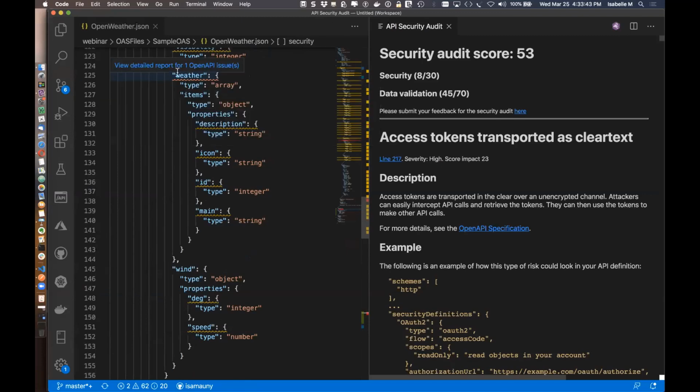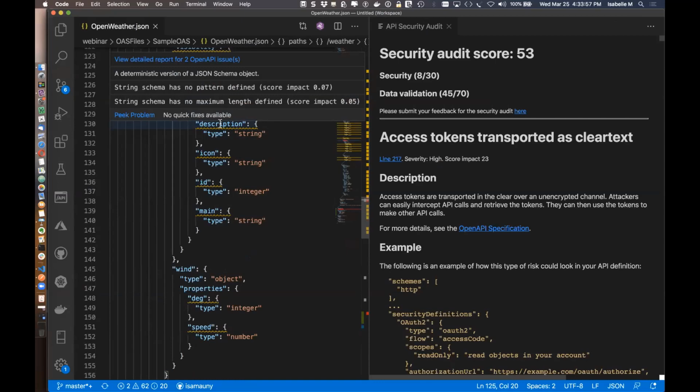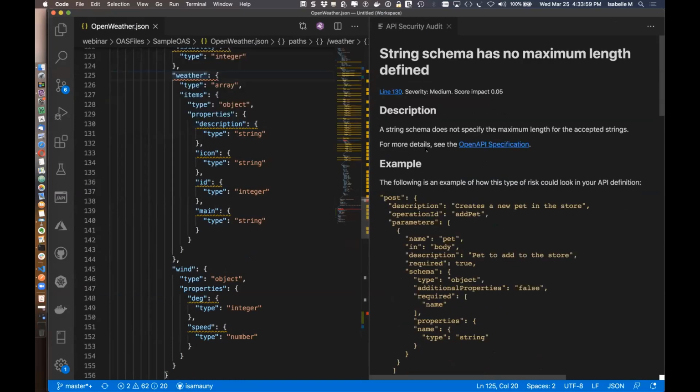So say I have this weather object here, right? Schema. So I have weather, it's an array, and inside I have objects, I have a description, an icon, an ID, and main. As you will see, each of those are just strings, okay? So what the report is going to tell you here is, okay, you're telling me this is a string. A string can be a lot of things, right? So it could be an attack, it could be just a short description, it could be a very long description. It could be that you don't want any special characters in there, so I need some more information about this,